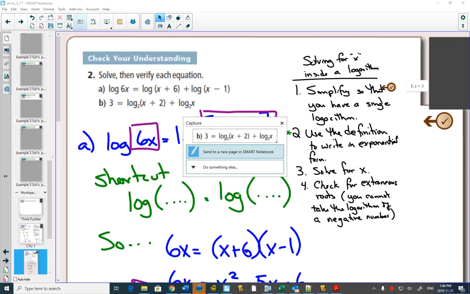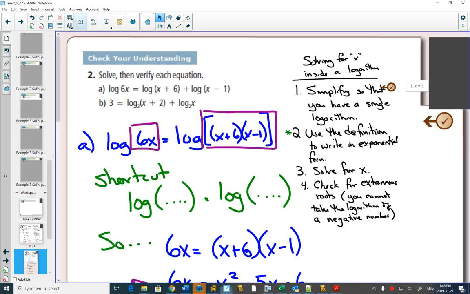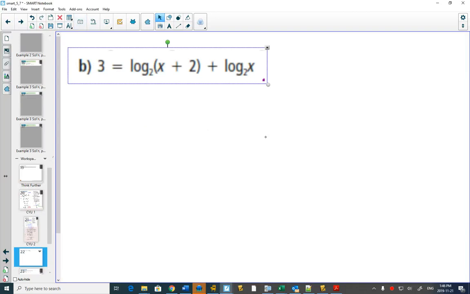So you can only use that shortcut if you have both sides log equals a log. The shortcut doesn't work when you have a single number. Like we have the 3 here, it's not going to work to use the shortcut. Here you have to use the rules. So